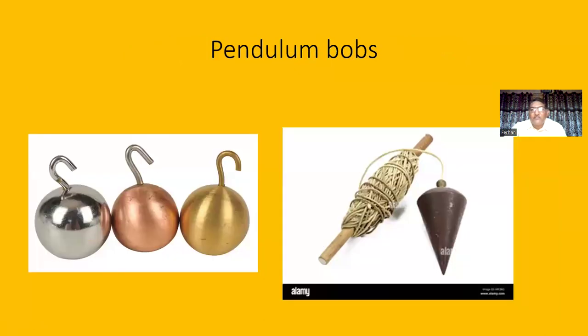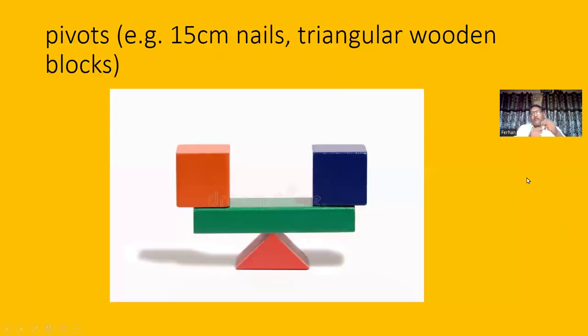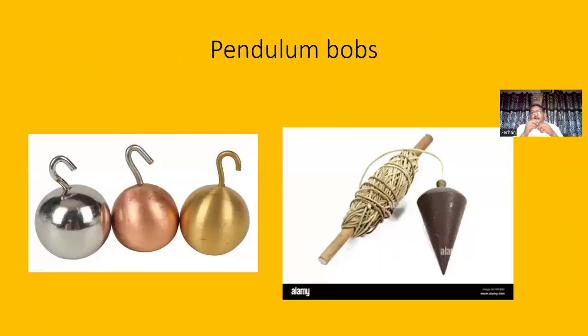Okay, then we have pendulum bobs. The pendulum bobs are hung by a thread. We tie a thread with these hooks, and then that thread is held in a clamp, and then a pendulum. So these bobs can swing, and they make a pendulum. Okay, so these pendulum bobs normally are of metal,